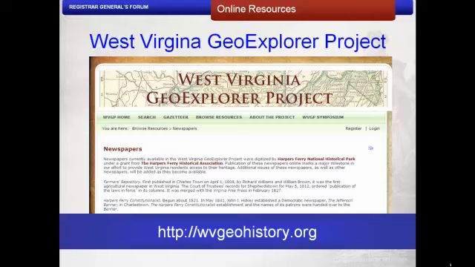It has forged a creative interdisciplinary coalition united in their mission to make original records available and easily accessible online. The mission statement is to create an innovative, geographically based web resource for exploring the history, culture, and architecture of West Virginia.